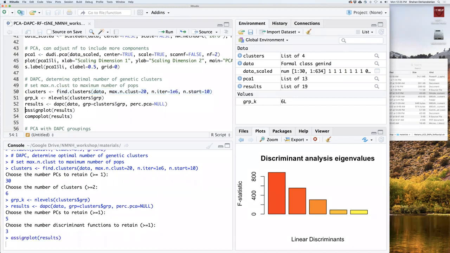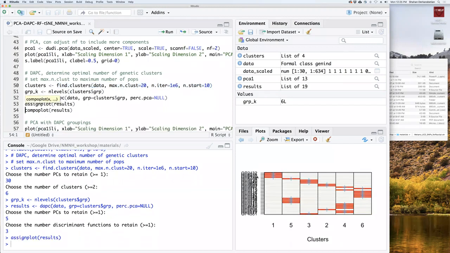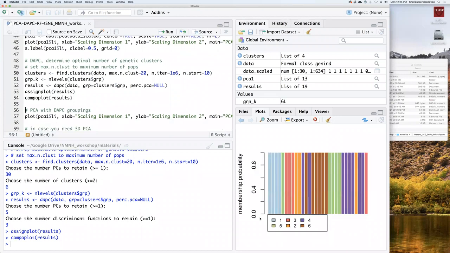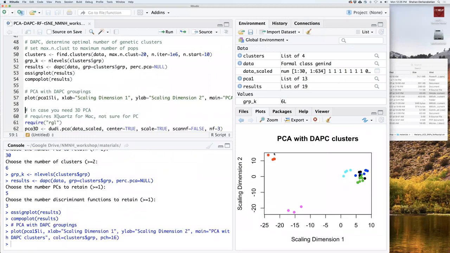And then here we're going to view our results. Here's one plot where you have your samples, and then it gives you assignment to whatever cluster, right? It's not pretty because I haven't organized by voucher number, not by species. Here's another way to view it. This is proportional probability. If you were dealing with a more complicated data set, you would see proportions, but because I'm dealing with the Pileones, it's all 100%. Okay, this just plots the principal components with those DAPC clusters. So you can see there's a lot of overlap here in 2-dimensional space.